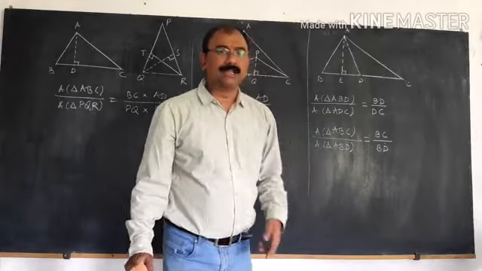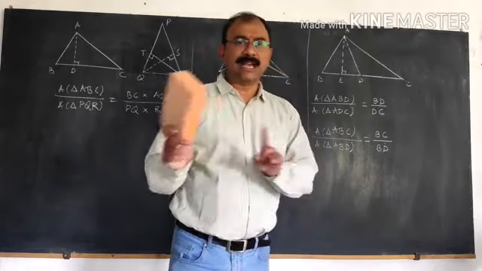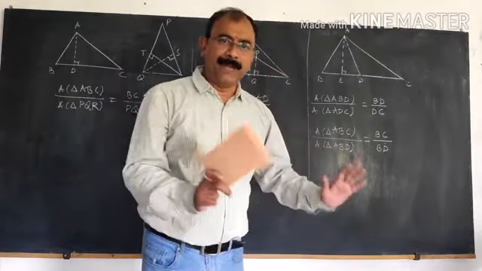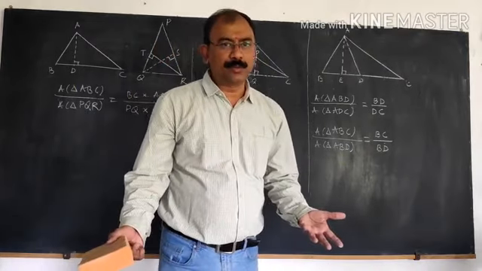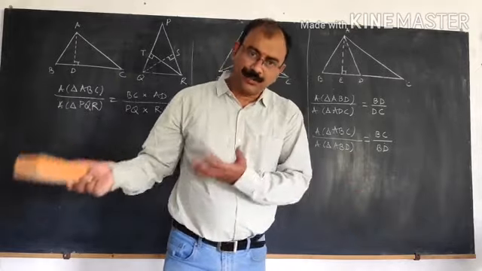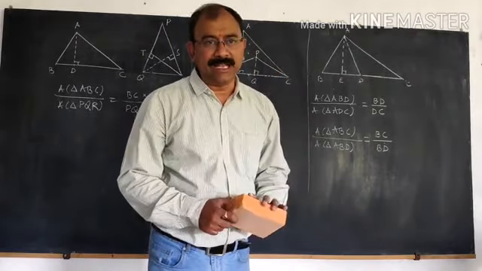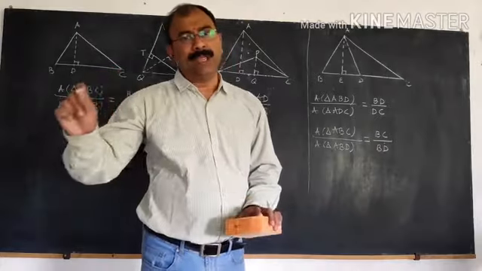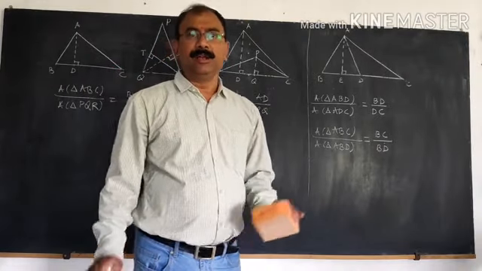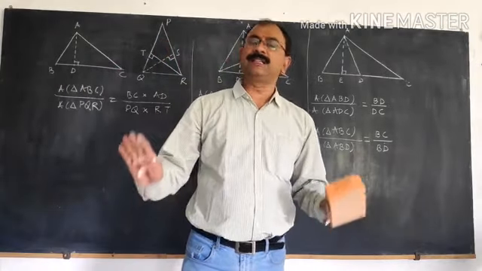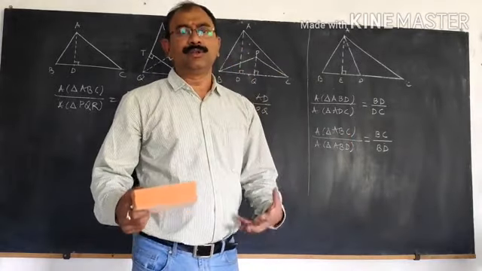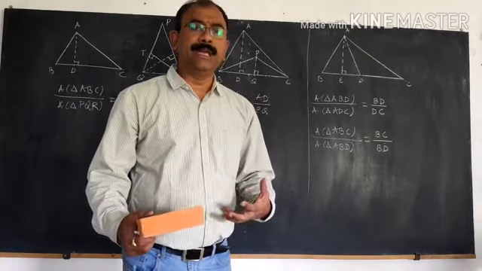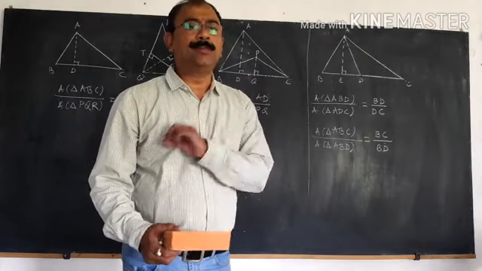But in case both base as well as height of two triangles are same, by common sense, what will we say? If the bases and heights both are same, they will have equal areas. So area of one triangle will be equal to the area of the second triangle, when both of them have the same bases and same height. Now we will use this information to solve the problems from exercise problem set 1.1.